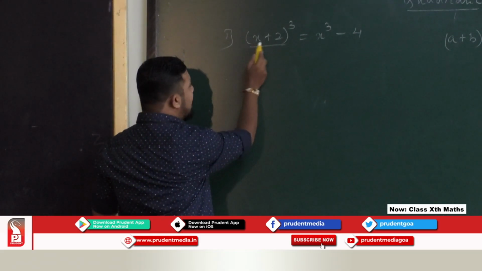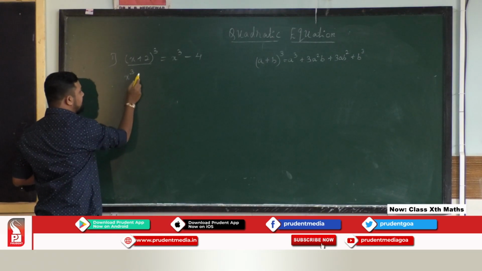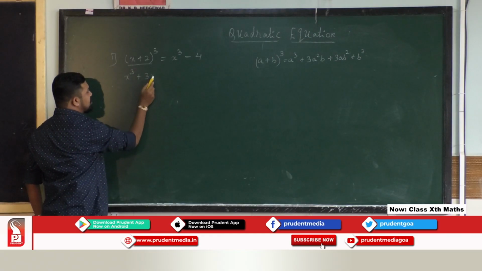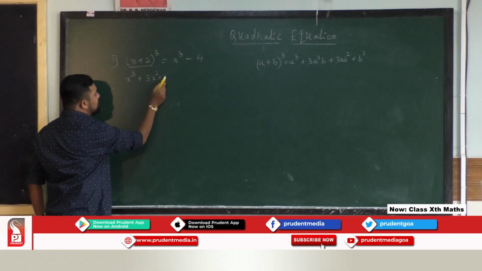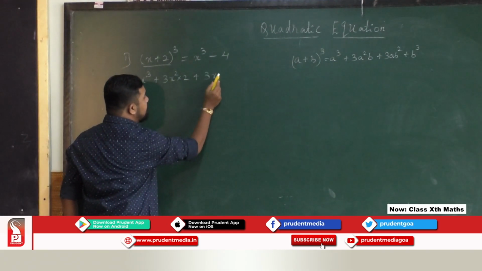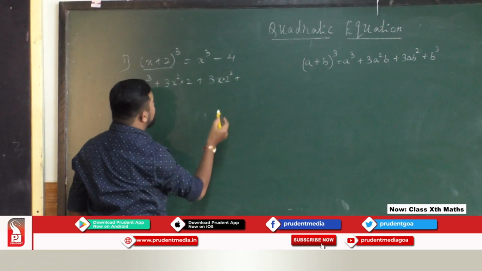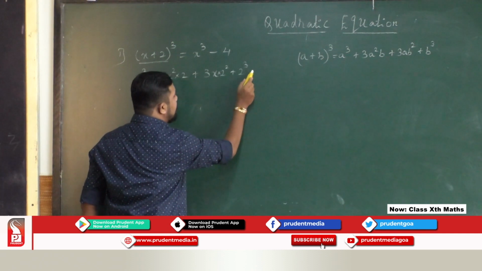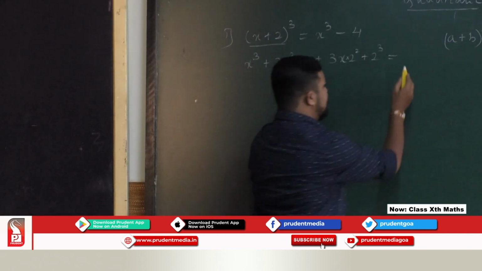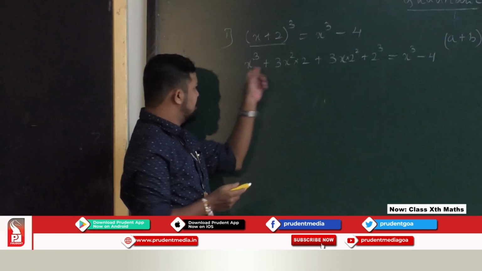So first, a and b, you know, are x and 2. So x cube because it is a cube, plus 3a square b. So 3a square is x square and your b is 2, plus 3ab square, that is 2 square, plus b cube, that is 2 cube. I have written all these things on the left hand side. Right hand side I will bring as it is, x cube minus 4. Now I will say x cube